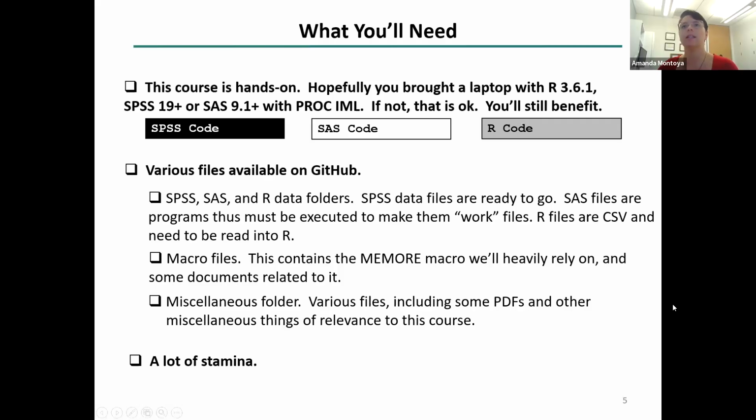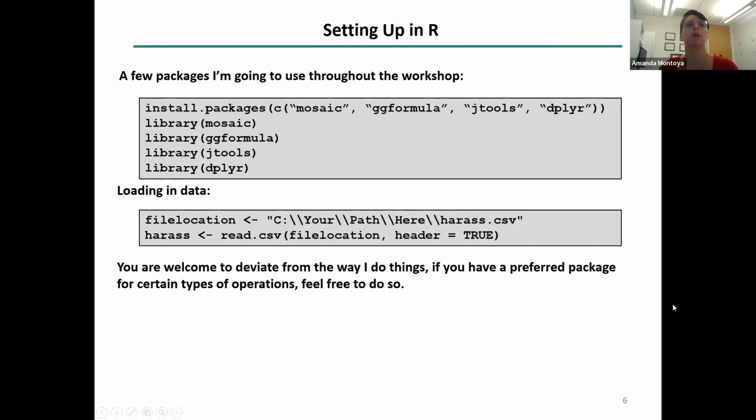One short thing that I'll mention for our R users: there are a couple of R packages that I use in the background for the code that I give. I try to keep the number of packages pretty minimal, but these are some of my favorites, so I just can't live without them. Mosaic, ggFormula, which is an easier version of ggplot, JTools, and dplyr.